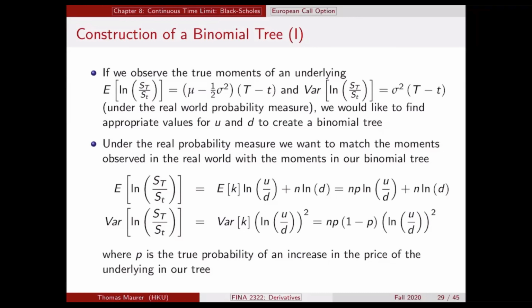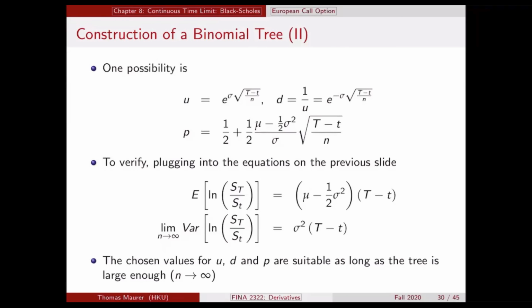And that's how I'm going to choose P, U, and D. Notice we have two equations, but we actually have 1, 2, 3 unknown parameters. And so these two equations with these three unknowns has actually many different solutions. And one possible solution is choose your gross return U as e to the power of the annual volatility of